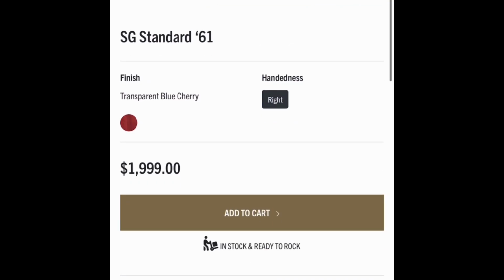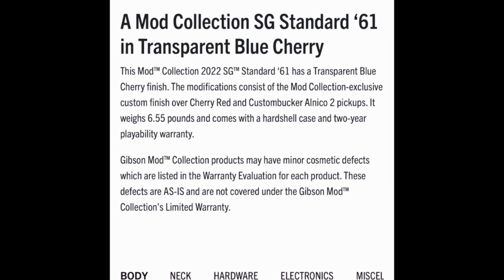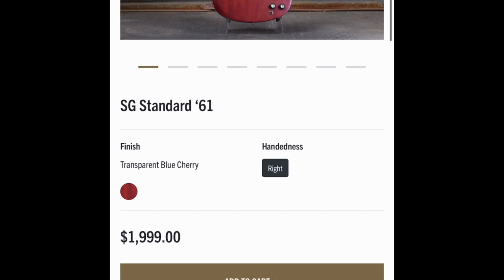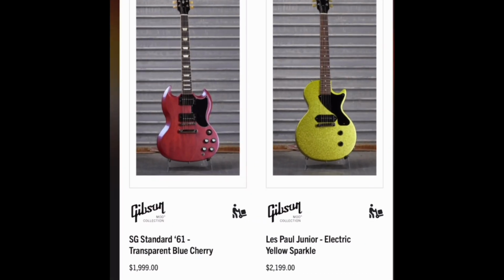$2,000. Interesting color choice, and I wouldn't say I'm a fan, but it looks nice. This is a 2022 SG 61. It's got custom Burstbucker Alnico 2 pickups and weighs 6.5 pounds. So not bad for the price. Go check that out if you're into SGs. I'm not really into SGs. Next,